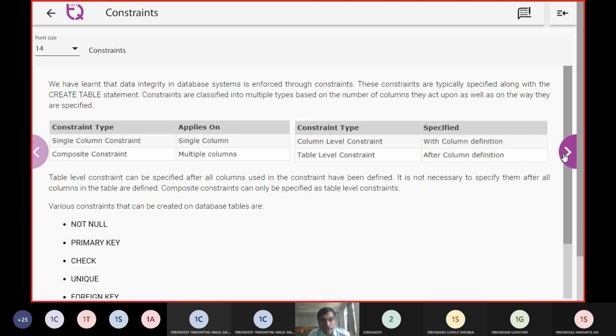After not null, there are some constraints which can be operated over a table. Those constraints can be a single column constraint, applicable only over a single column. And then we have a composite constraint, which can be applied between two or more columns.